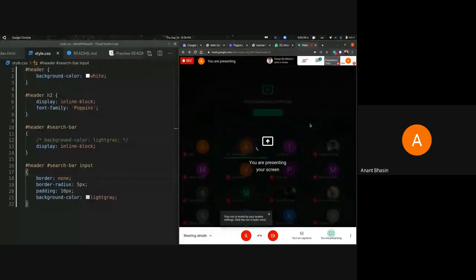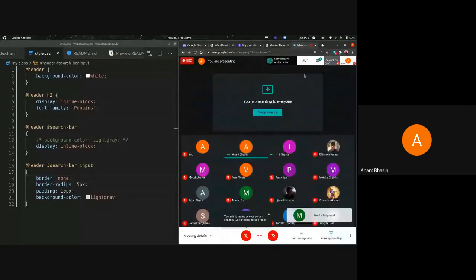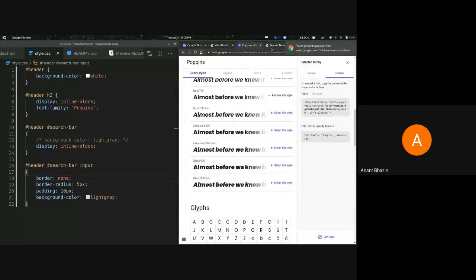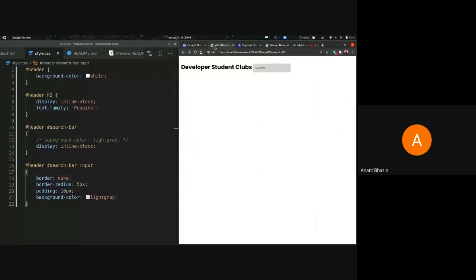So I'm just going to share my screen now. So this is basically exactly where we stopped last time, where we showed you what we have already built and the code that we have written particularly for this session.